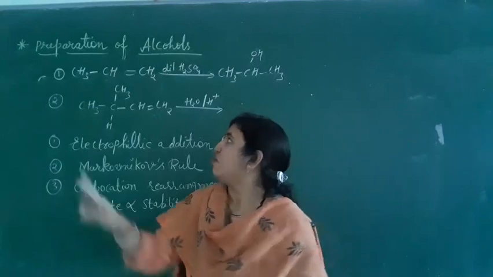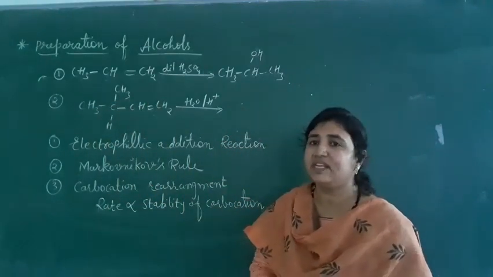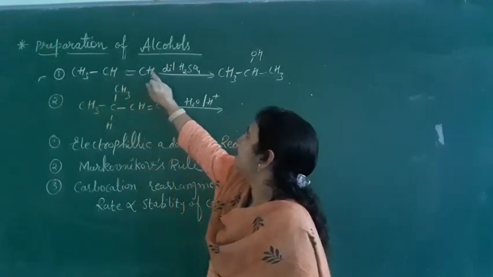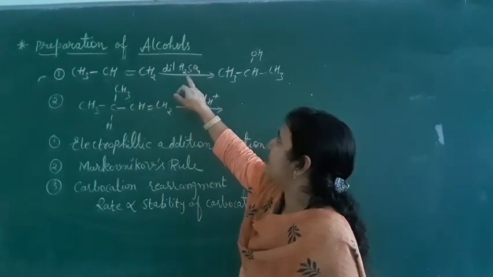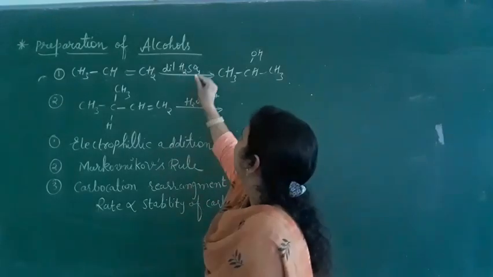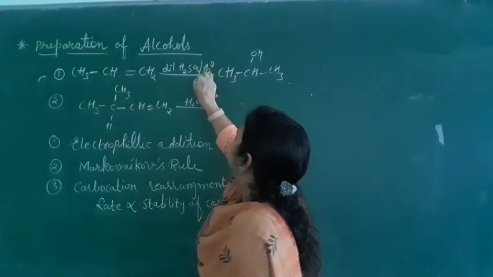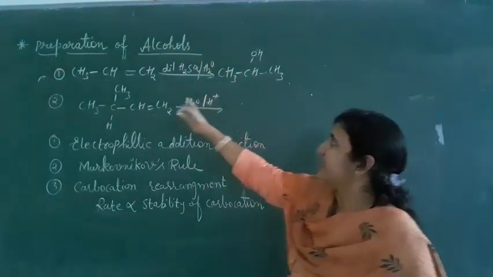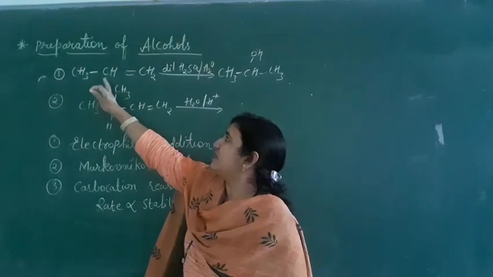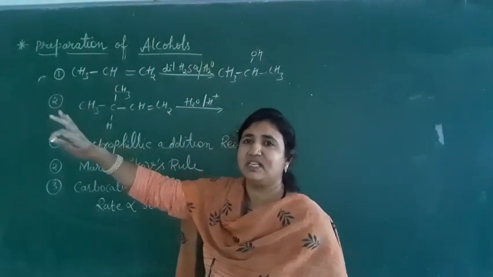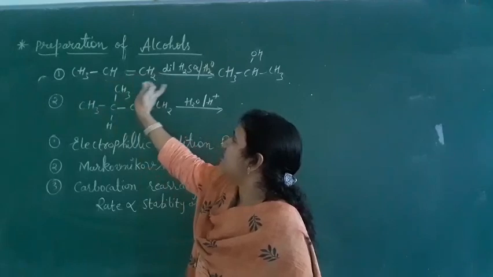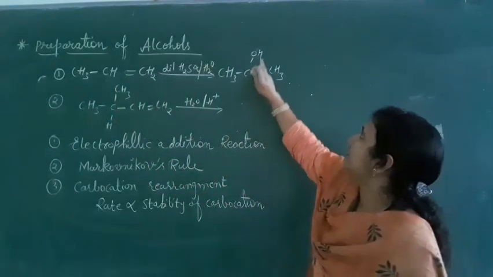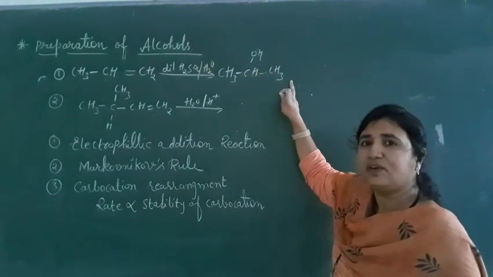If the question is find the major product of the following, so here what will happen? First case CH3CH double bond CH3, dilute H2SO4. Dilute H2SO4 hydrolysis, H2O will be there. Sometimes they will give dilute H2SO4 and H2O, it means that only. So here what we will get? This is according to Markovnikov's rule, no carbocation rearrangement is there. So OH minus will come here and H will come here. So we will get CH3CHOH CH3 according to Markovnikov's rule.